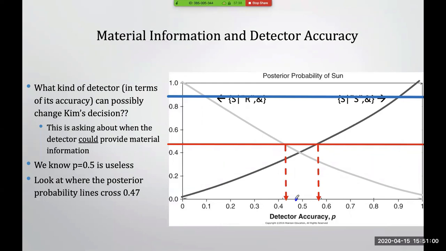Okay, then you would go up. When you are here, go over here. That represents a rain detector with the accuracy of 0.47,